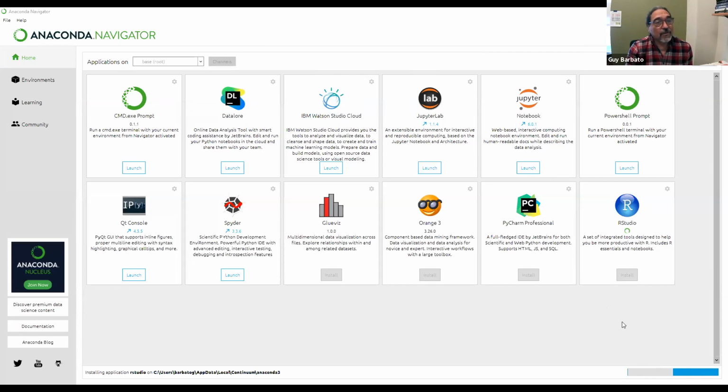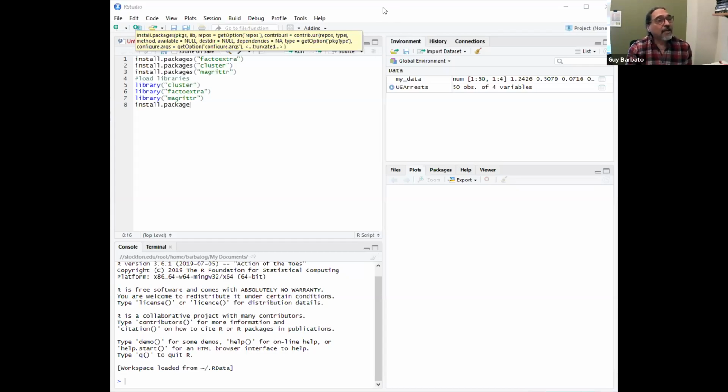I've got software loading. It is updating my RStudio installation via Anaconda. Hopefully, so I'm not going to be able to show you, but normally there's just a little launch button here and you launch RStudio. If you don't have that, then basically all you're going to do is start RStudio, and